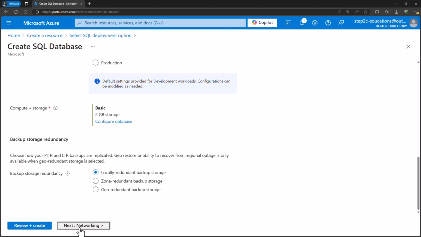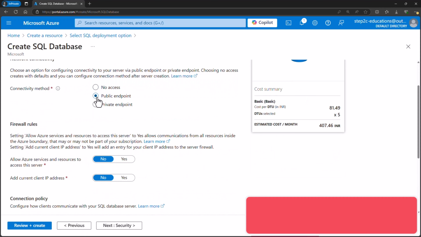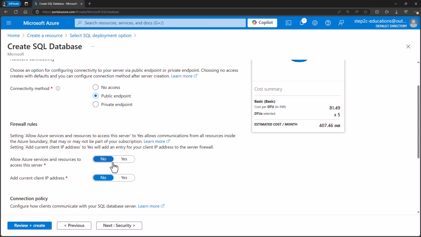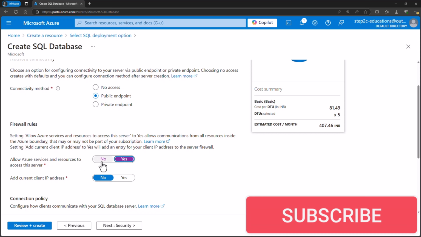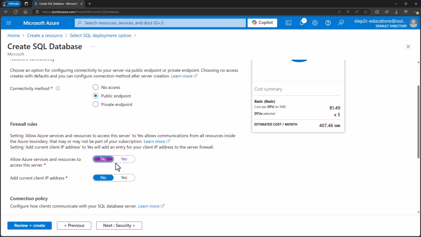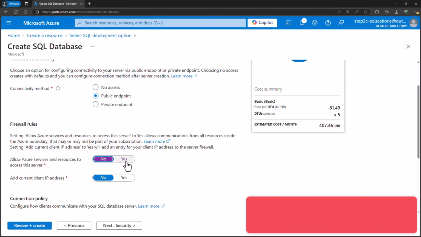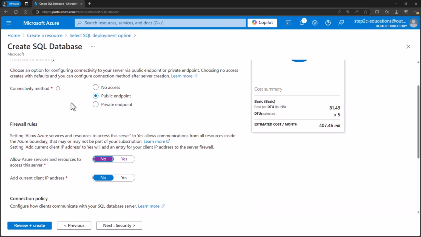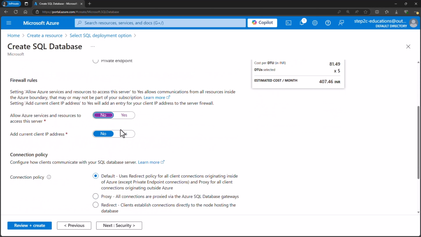Now let's go to networking, and I am allowing public endpoint. Now we need to decide whether you want to allow Azure services to access this database. Yes, I want to allow Azure services to access this server, this database. Now you could disable it so that we will get an error while trying to access it, and later we will see how we could configure it. Similarly, if you allow some IP address to access it, then only that IP will be able to access our database. So this too we will